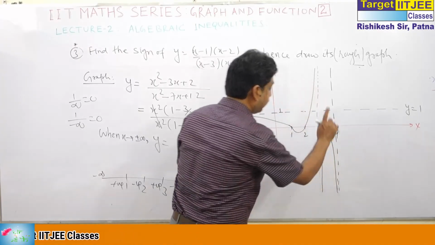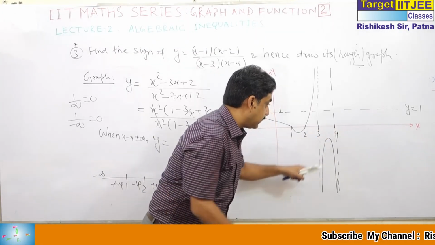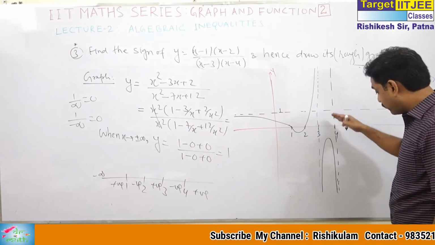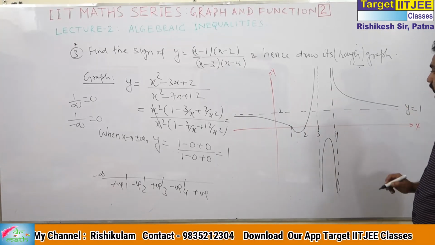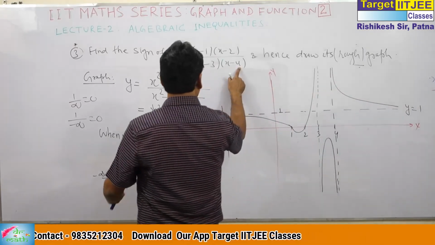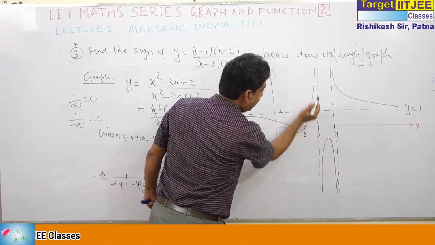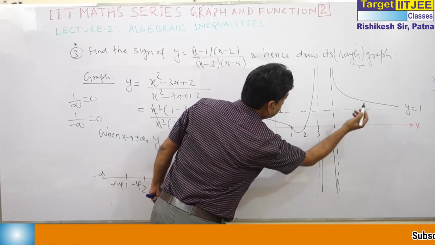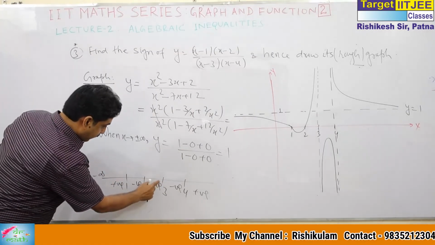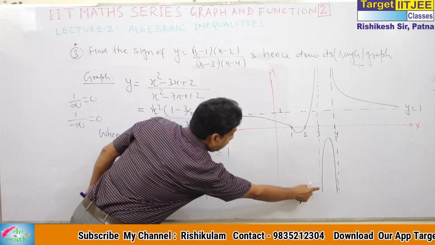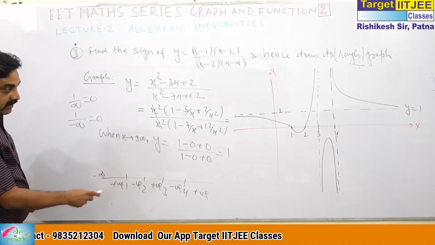How to draw this again from x minus 1? It starts from infinity, turns from below this axis, and at 4 goes there. In the neighborhood of 3 and 4, it is either infinity or minus infinity. It depends upon the sign. If positive before 3, after 3 it is negative, so negative infinity. This is the graph.